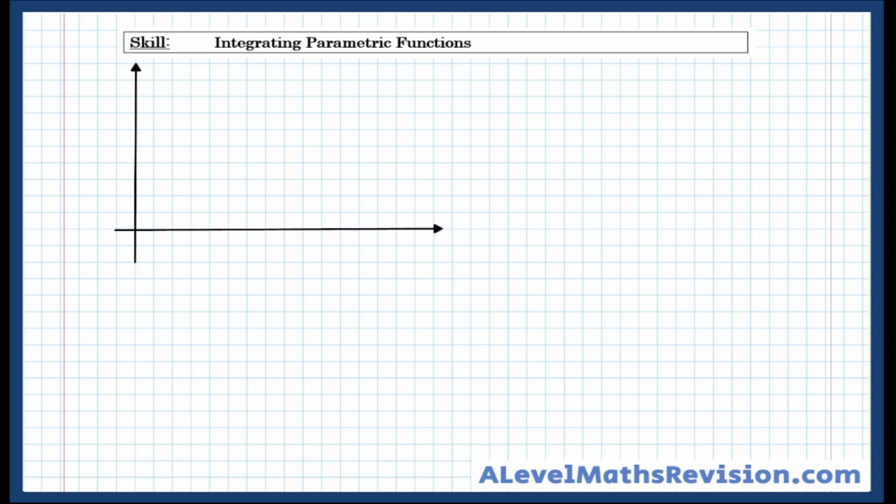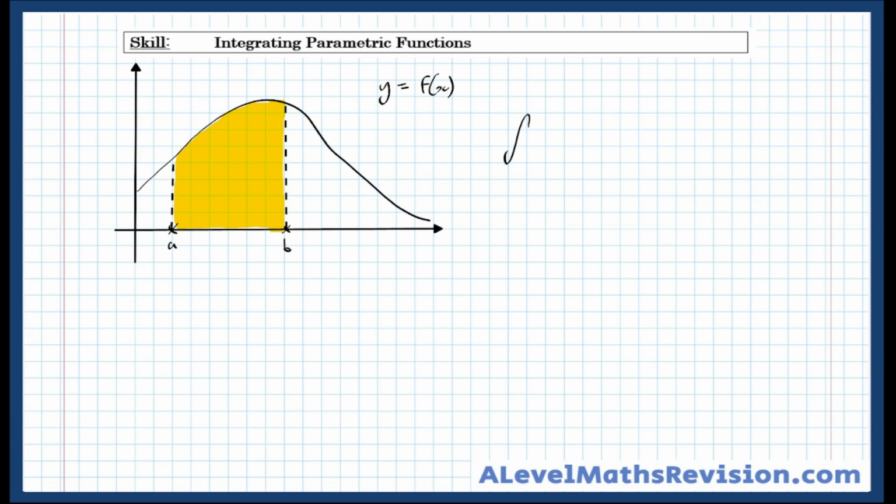So for any curve, let's say y equals f of x, to find the area between two limits, let's say those limits are a and b, giving that area there, we would simply integrate the function, the integral of whatever y is equal to, which in this case is f of x, with respect to x between the